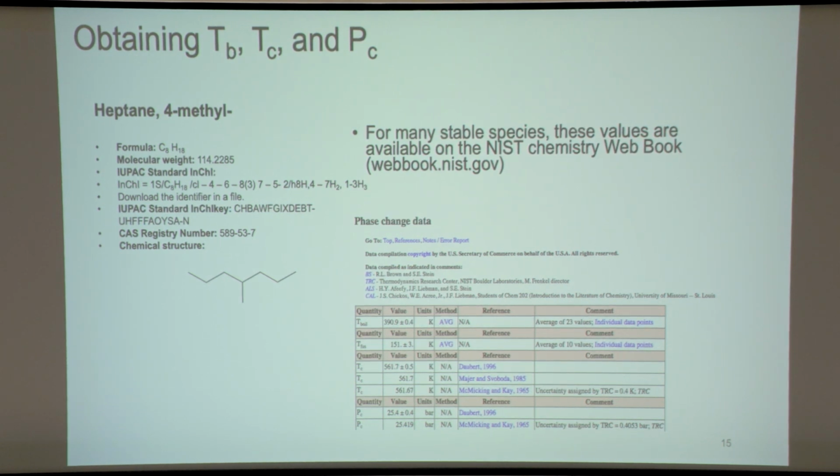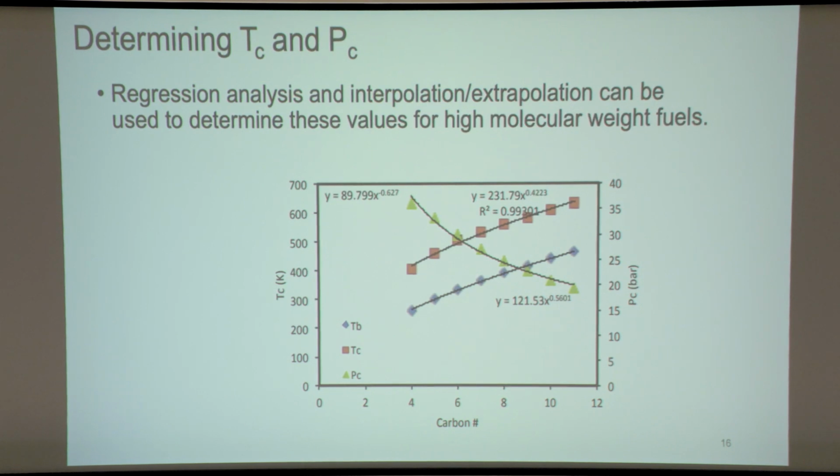So in order to do that, you can develop a very simple fitting function. You can see here the critical temperature and critical pressure as a function of carbon number. And you can see they're pretty straight lines, or lines that can be fit with a simple function. Here, Tc is the critical temperature. I believe this is for different fatty acid methyl esters. So for molecules that look like this,